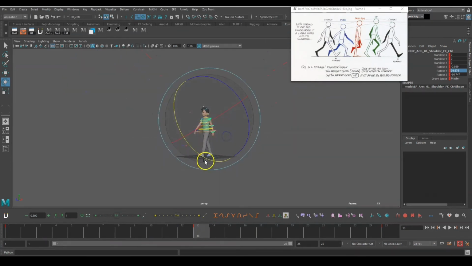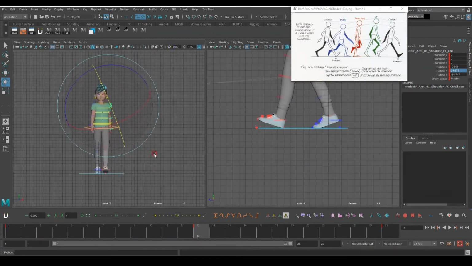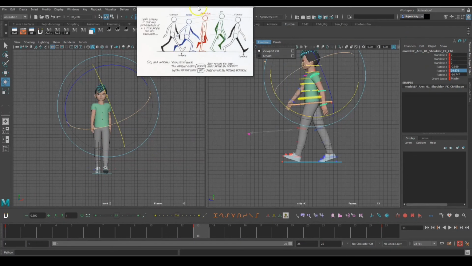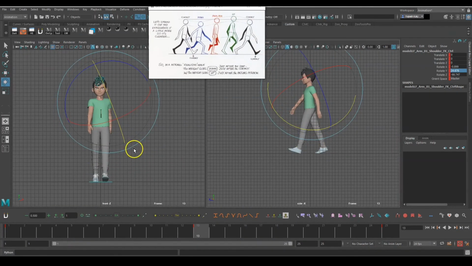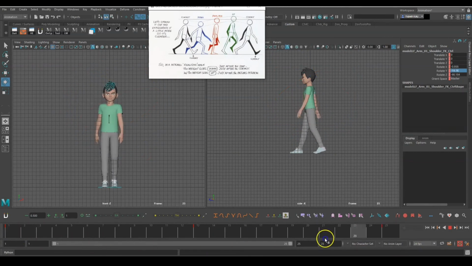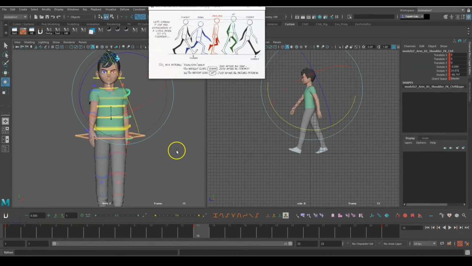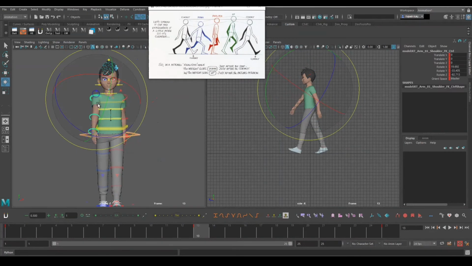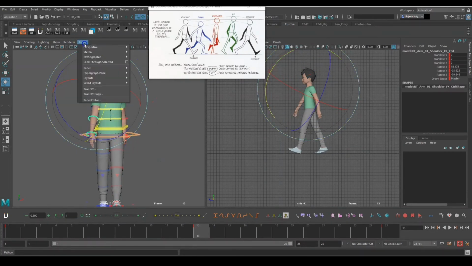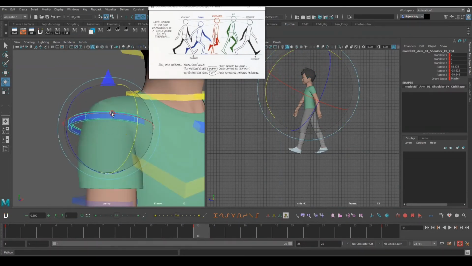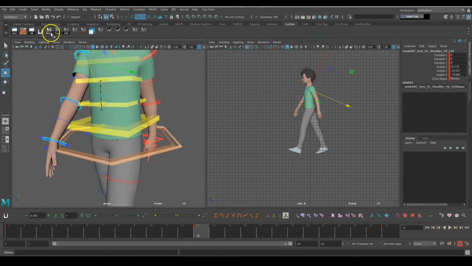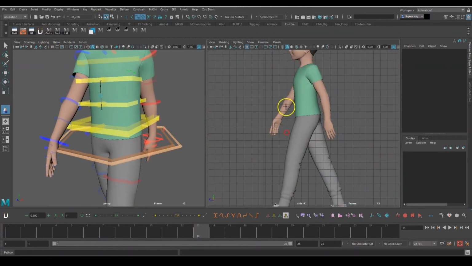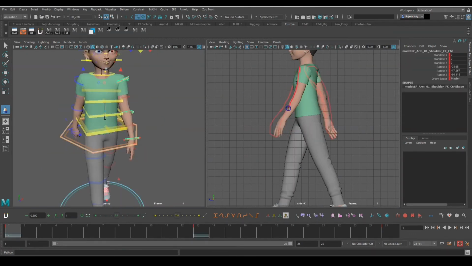Then use two viewports, front and side. So you need patience for this. It takes time to do a pose. If the first two initial poses are working better, then the whole animation will look good. So you need to work on this front hand. It's not properly matched. You can take a marker and draw here.